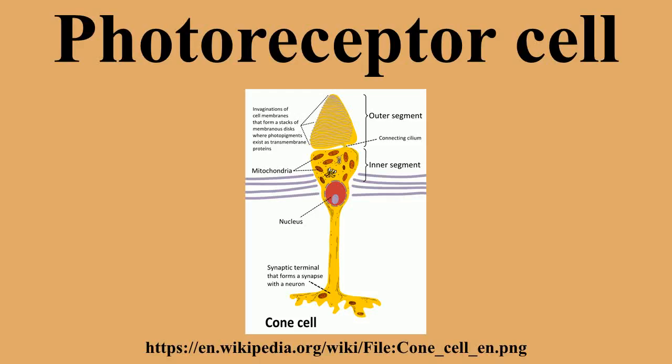lateral geniculate nucleus. At the center of the retina lies the fovea, which contains only cone cells, and is the region capable of producing the highest visual acuity, the highest resolution. Across the rest of the retina, rods and cones are intermingled. No photoreceptors are found at the blind spot, the area where ganglion cell fibers are collected into the optic nerve